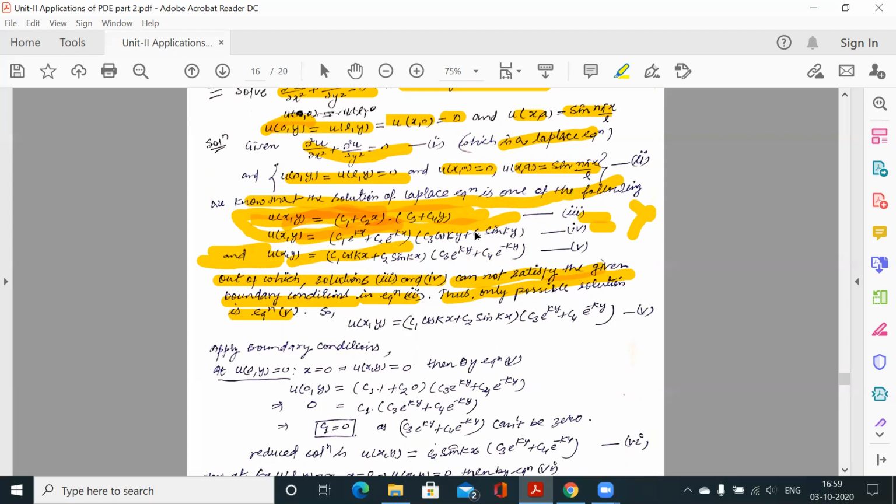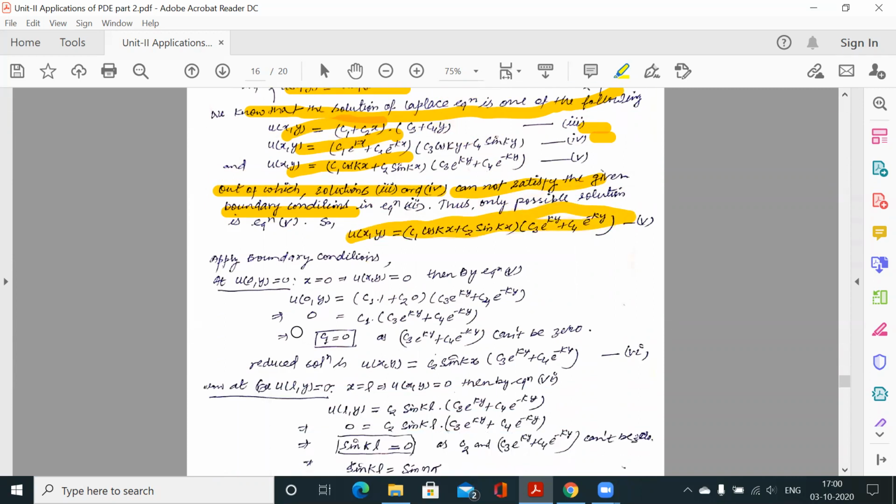So this is not the case. Again, if you apply the second also, if you try whether this is our solution, if we apply these conditions again, we will get 0 solution. So these two solutions cannot be our final solution, as these are the particular cases of the heat equation. So only the third solution is our final solution.